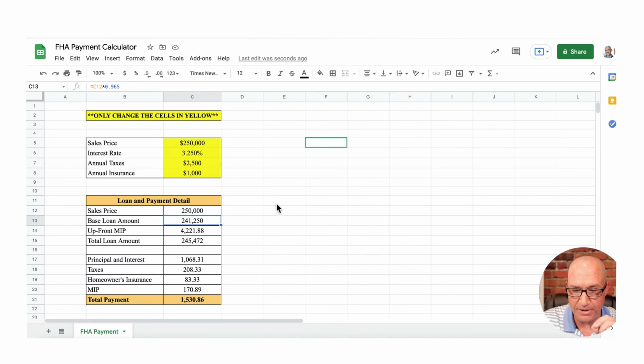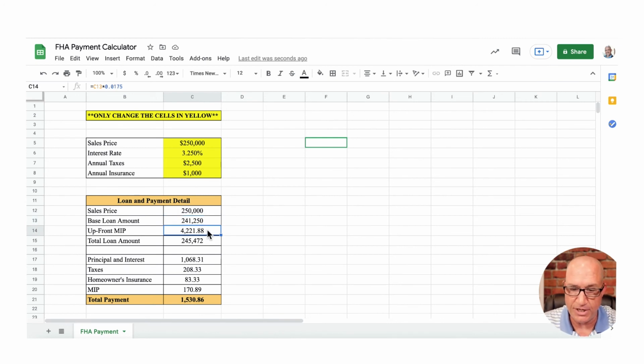It's from this number here, the $241,250, where FHA is going to require you to pay 1.75% on top of the $241,250. That means that your upfront mortgage insurance premium is going to be $4,221.88.